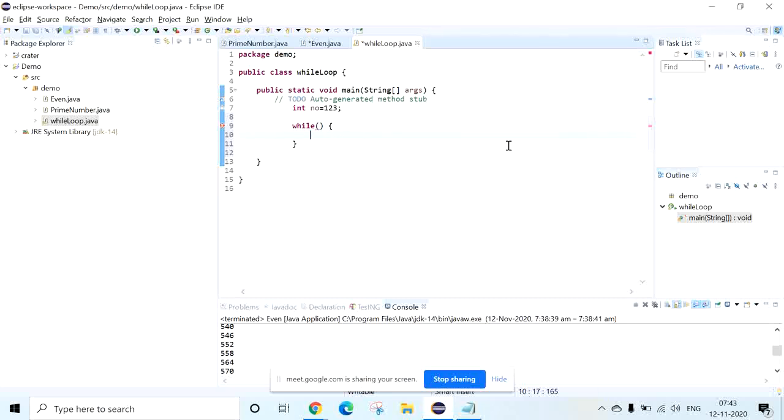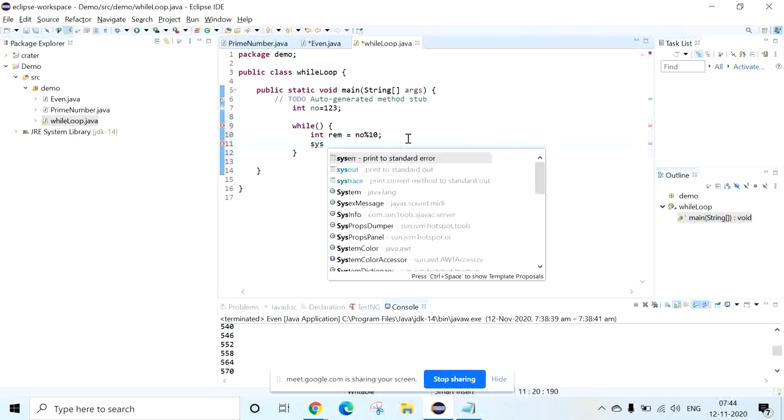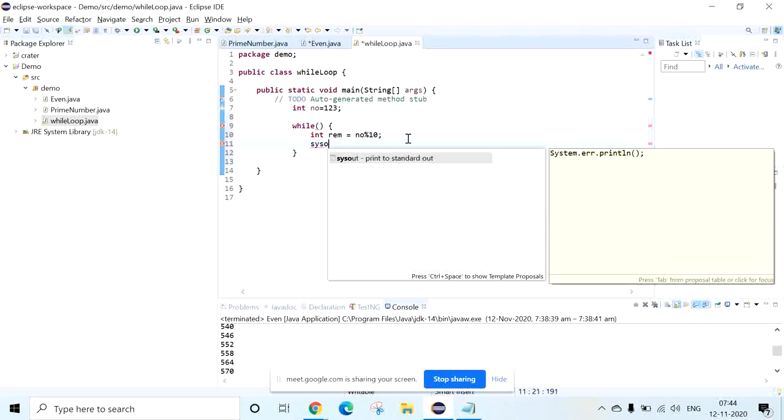Modulus operation. So if you say int remainder equal to number modulus 10, what will happen? We will get the remainder 3, which means you will get that last digit.